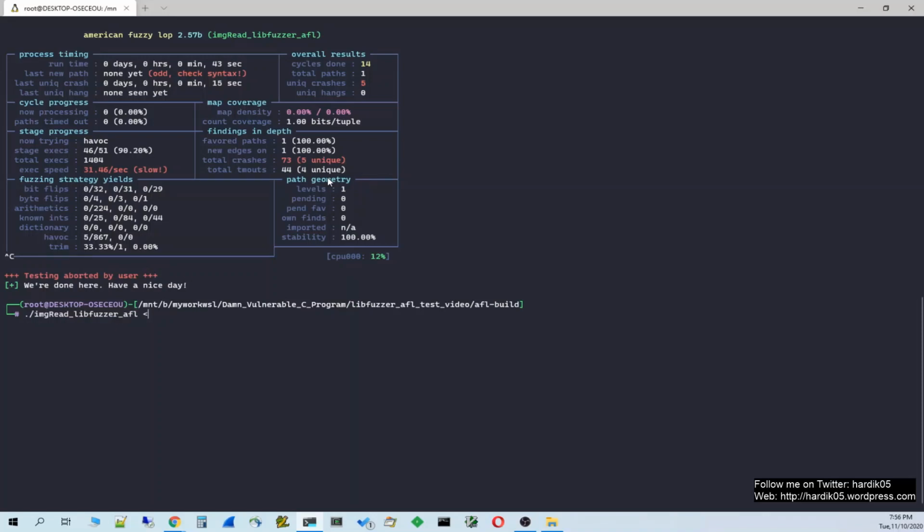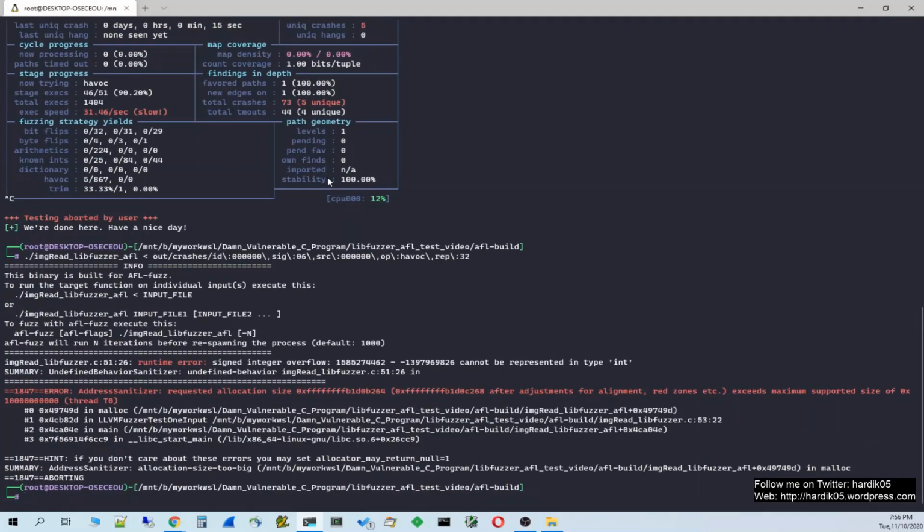So remember the command, we need to give this less than symbol over here, and then it is out/crashes/id:0. Let's try the first crash, and you can see that it gives signed integer overflow over here. So this is something similar we got when we first ran this program using AFL.